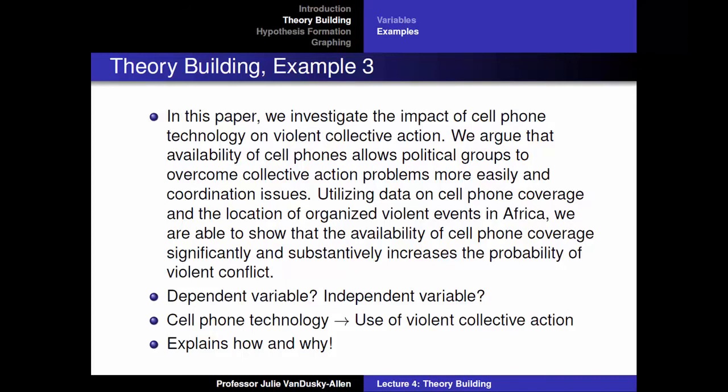Why does the independent variable influence the dependent variable that way? Cell phones allow groups to overcome collective action problems and coordination issues when they are organizing collective violence. As you can see, this is a well-written model. After reading it, you can identify the dependent and independent variables. You can also explain how the independent variable influences the dependent variable and why the independent variable influences the dependent